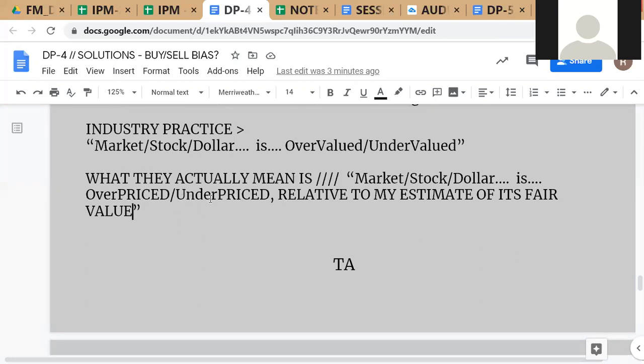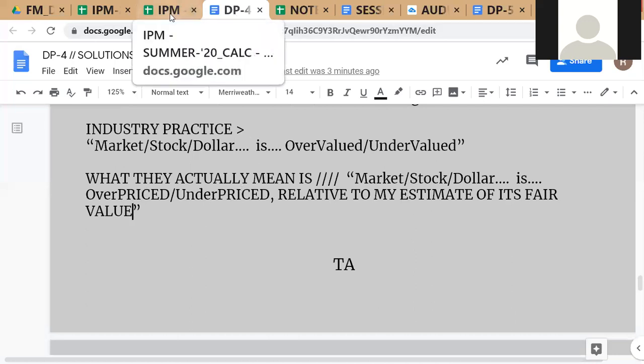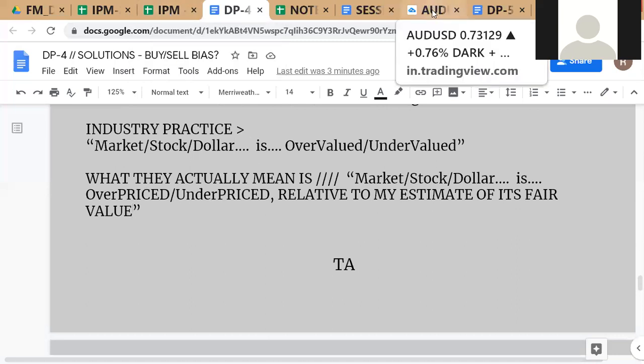If you're saying overpriced or underpriced, it has to always be relative to something. Relative to what? Relative to my estimate of its fair value. Whoever's making this statement should actually have made this kind of statement. This is what they actually mean. So I hope you understand. This is a bit of a long discussion, but it's necessary to make sure that your thinking is very clear